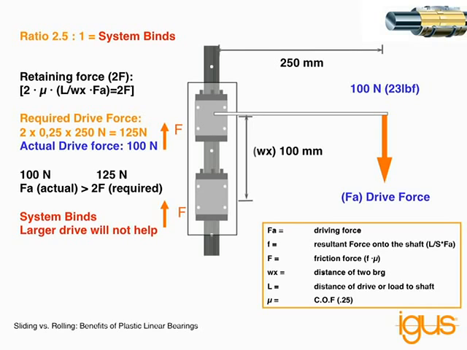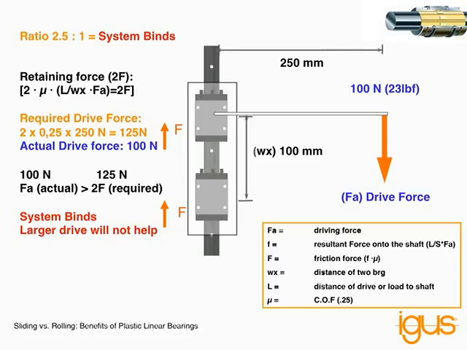Next, we'll look at an application that binds. This is a system where the ratio is extended to 2.5 to 1. As you notice, we have 100 millimeters between bearings on the rail, and the drive force is 250 millimeters away. So again, that's a 2.5 to 1 ratio. Notice we're pushing on it with a drive force of 100 newtons, and the friction force caused by this is actually 125 newtons. That means that the system will bind,